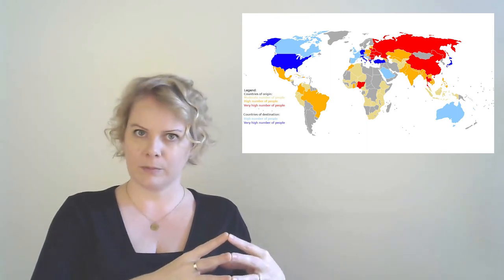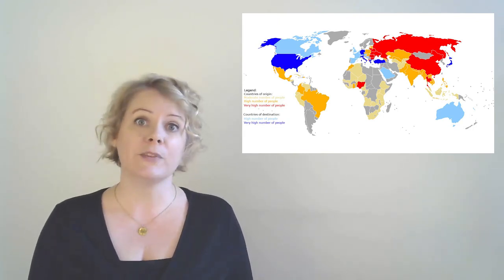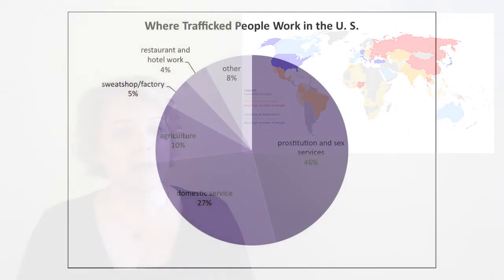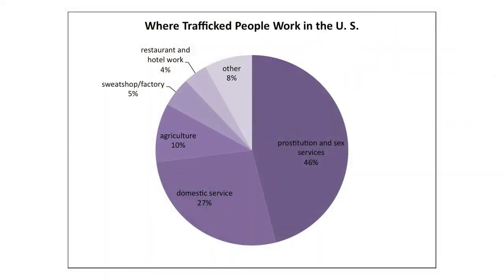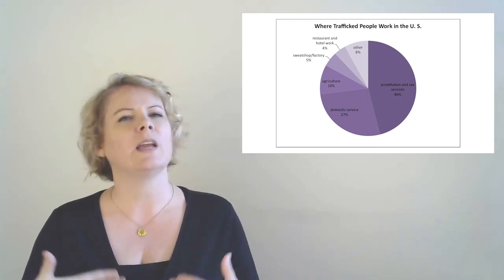So there is a direct relationship in regard to sex trafficking between where people are taken from and where they end up. There's also a direct relationship in terms of what kind of jobs they might end up having. So most of the time, people who are sex trafficked end up in prostitution, sometimes stripping, any other kind of sex services. Sometimes they end up in domestic service, which is typically maids or cleaners and the like, and then sometimes they end up in other kinds of jobs. But basically, it's a very hard life to escape from,